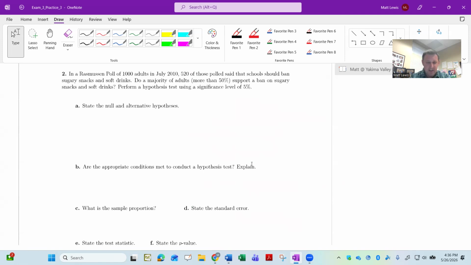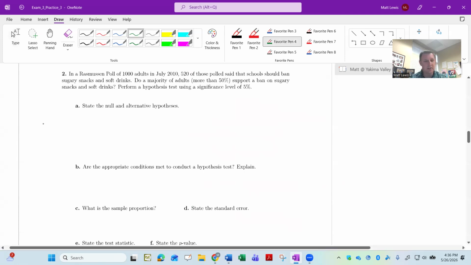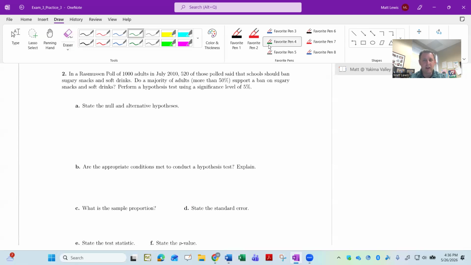All right, now, I mentioned this in the videos, and I will reiterate it here, that I am okay when you state your null and alternative hypotheses, I don't always need you to write out what your hypotheses are in a sentence unless I specifically ask you to. So what I'm okay with here is let's make clear what our parameter value is, describe that, and then go ahead and write our null and alternative hypotheses in symbols. All right. But they're talking about a hypothesis test. So let's go through our flow chart.